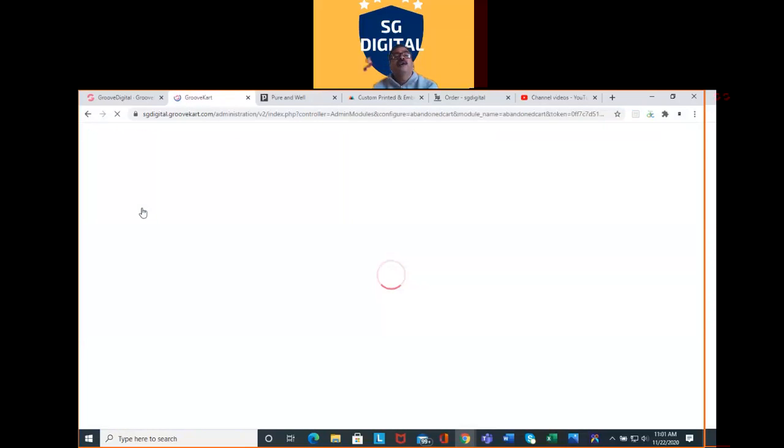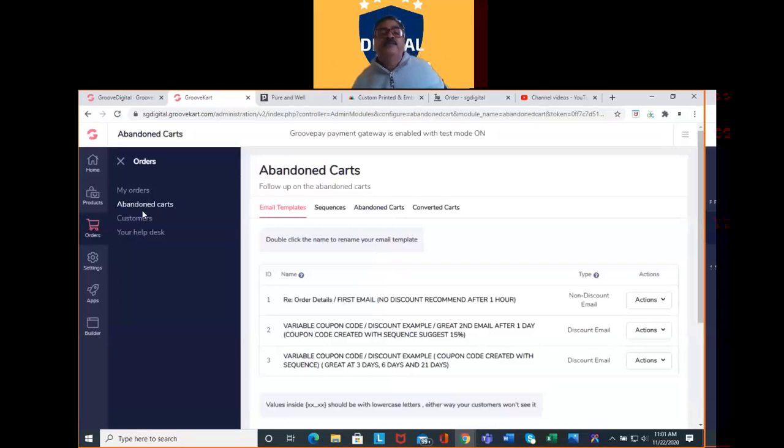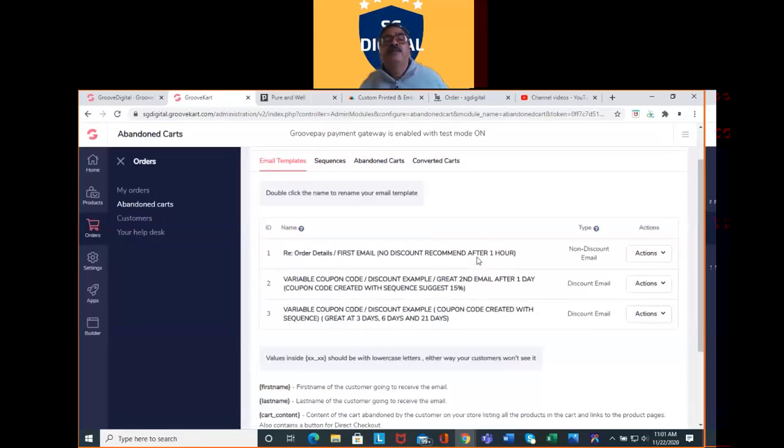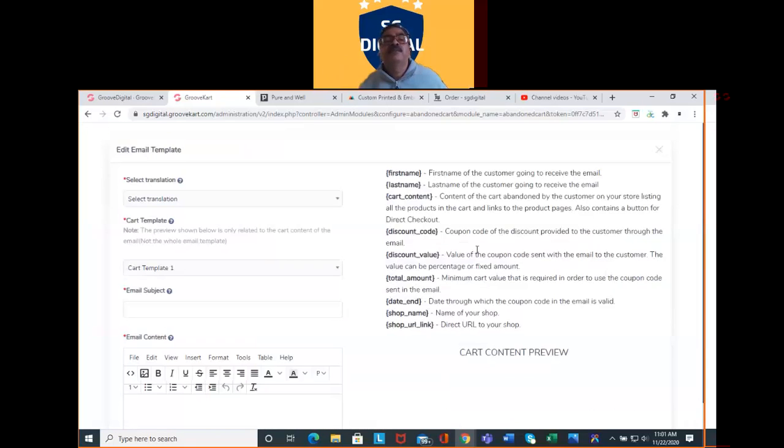The good thing about abandoned cart is that you can integrate it with your MailChimp account. I have integrated only with MailChimp. Then I have set a few email templates. This is the first email, a non-discount email. We can edit it from here.